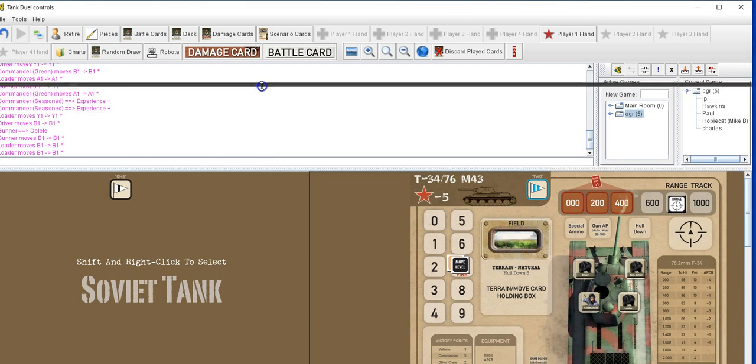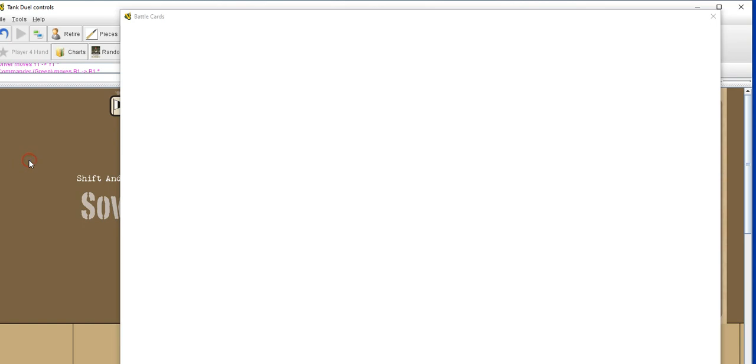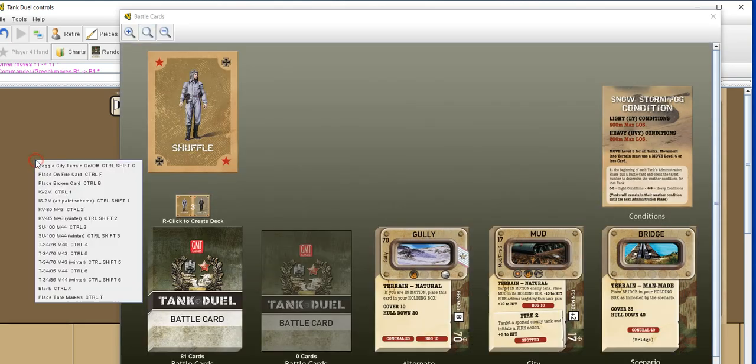Says battle cards. Got it. So you'll see there should be like 5 stacks across the bottom. Expand the window if you need to. So in the alternate deck,